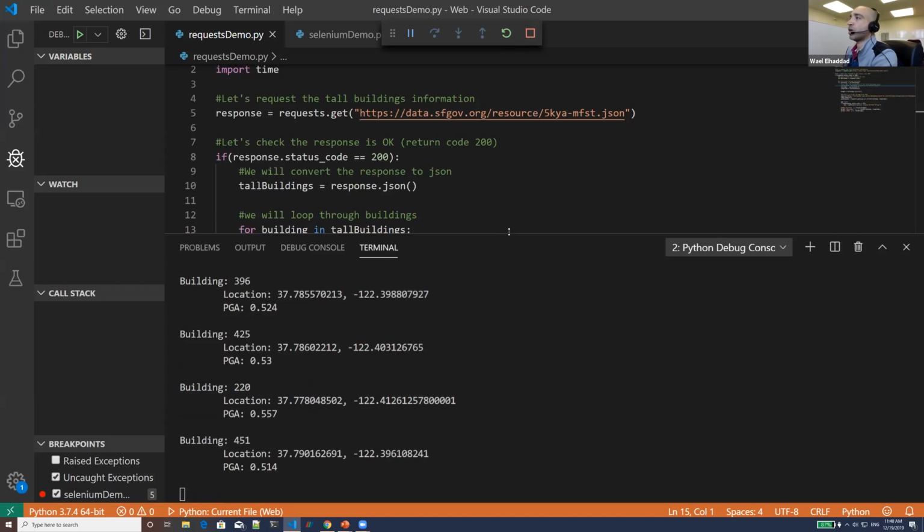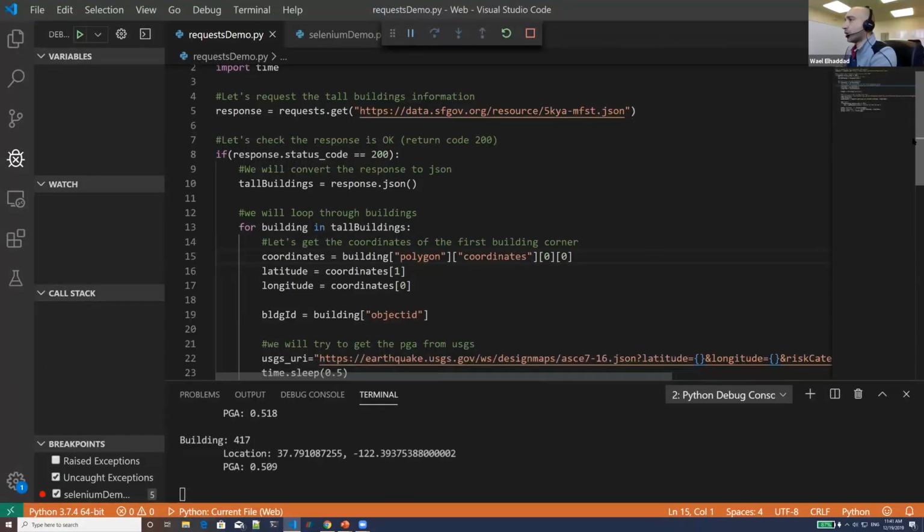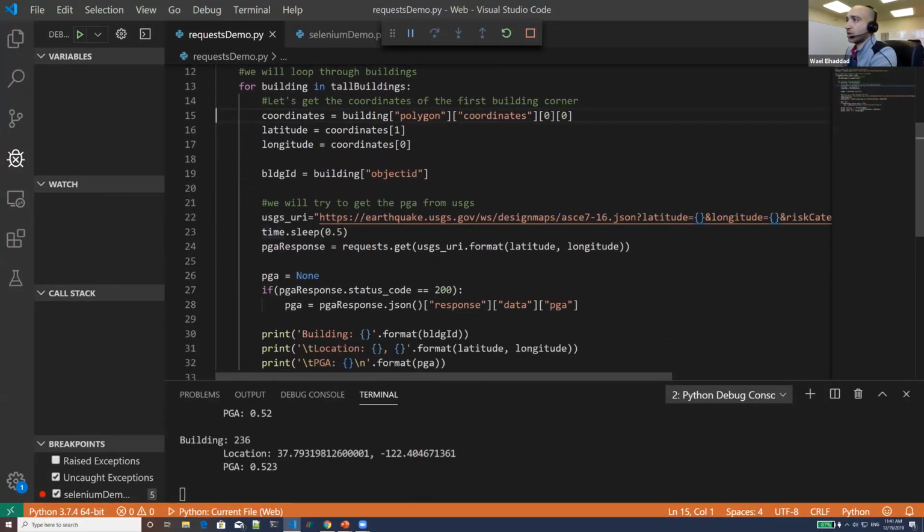So this is just one way of how you can get data from the internet using a Python script. And as I said, this process is repeatable. So if the same website publishes another set of, let's say, vulnerable buildings in maybe another area, you can go and get another set of data with the same script just by changing the API endpoint that you are doing the request on. So one thing to point out here is in this request, I put this line to